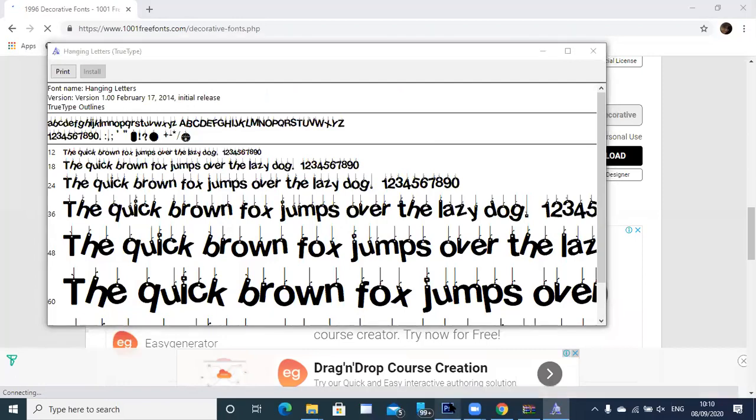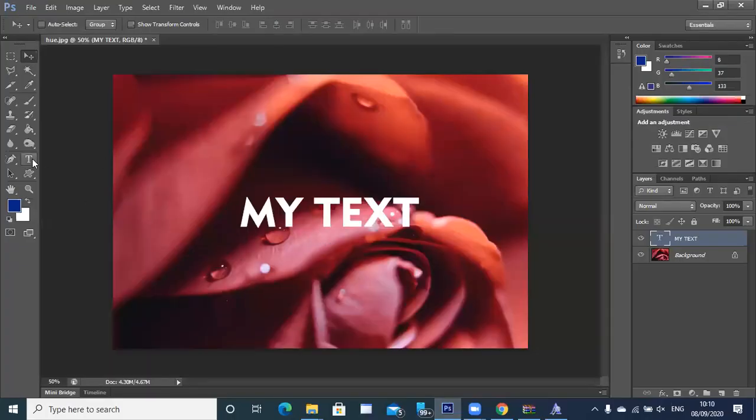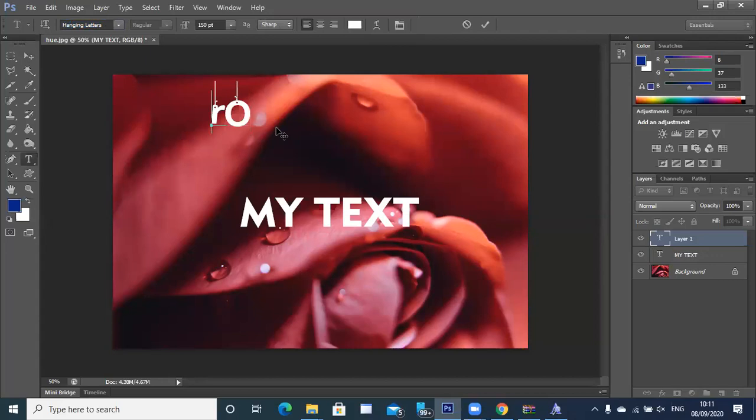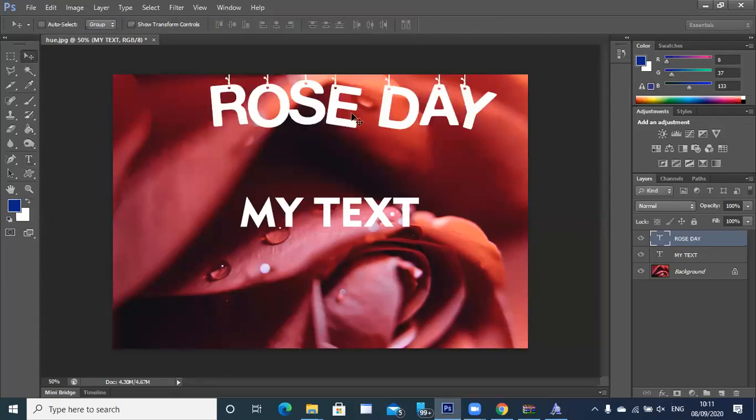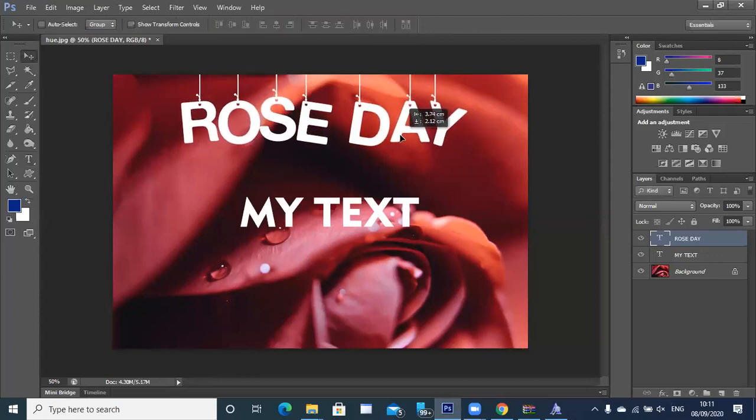Now what you need to do, simply come here. Instead of taking this font, I'll open a new type tool, and before I type my text, just make sure the font is Hanging Letters. Now try typing like this. I can also increase the size, maybe somewhere around 250, so that it comes in this way. Am I clear so far? I just downloaded a font online and put it up on Photoshop so that I can use it. There are multiple fonts you can use.